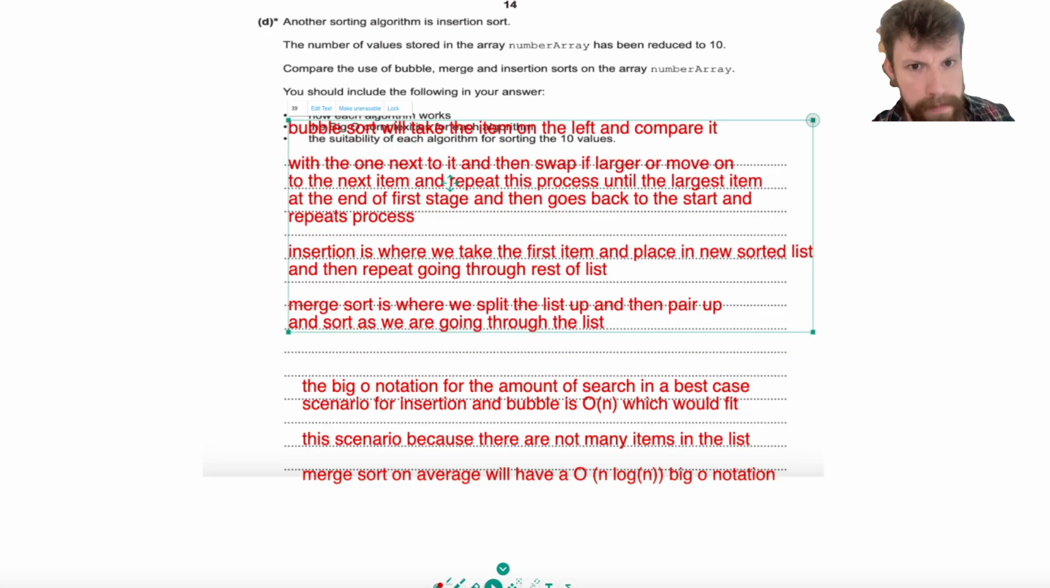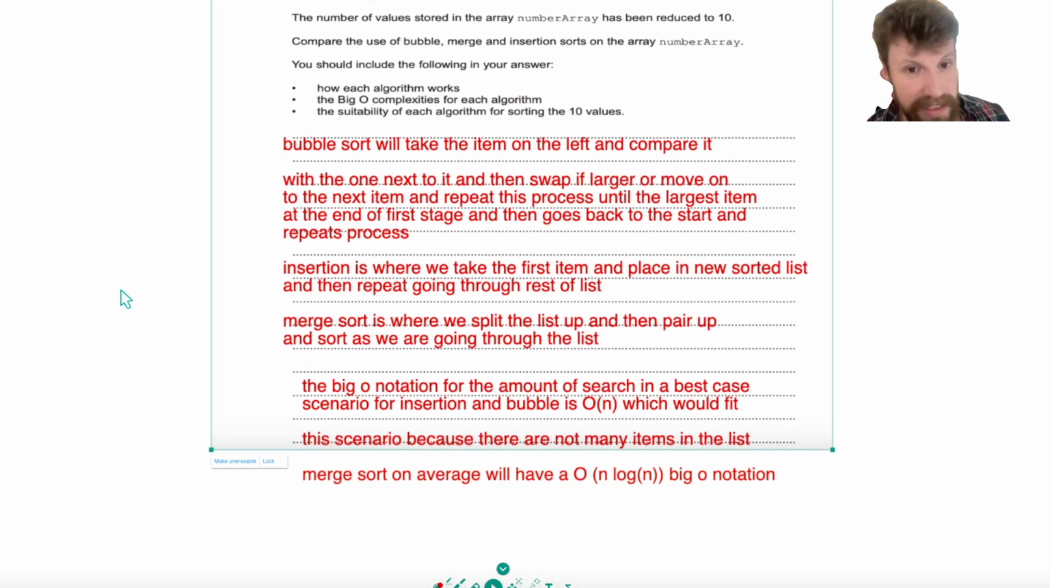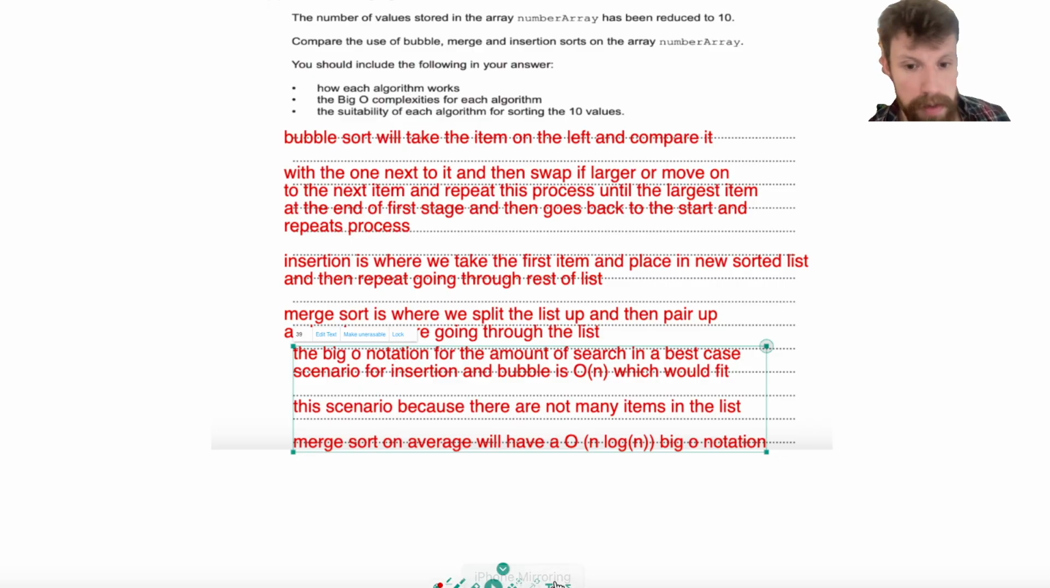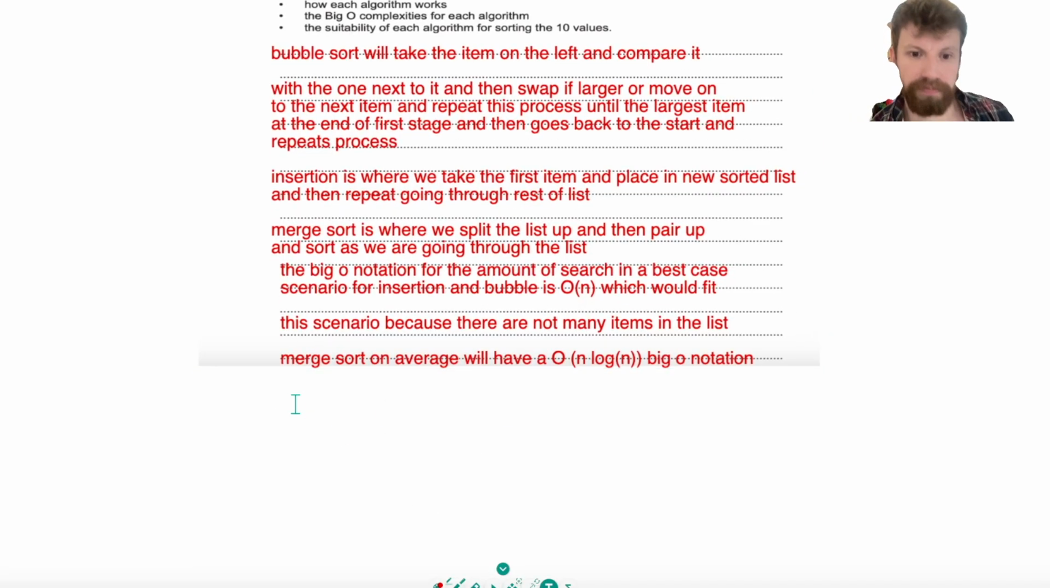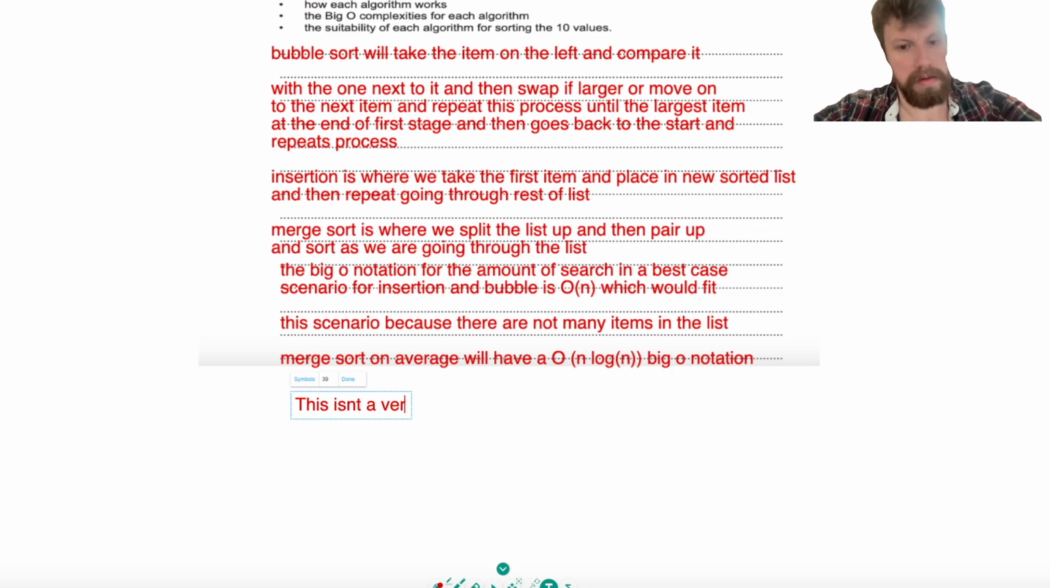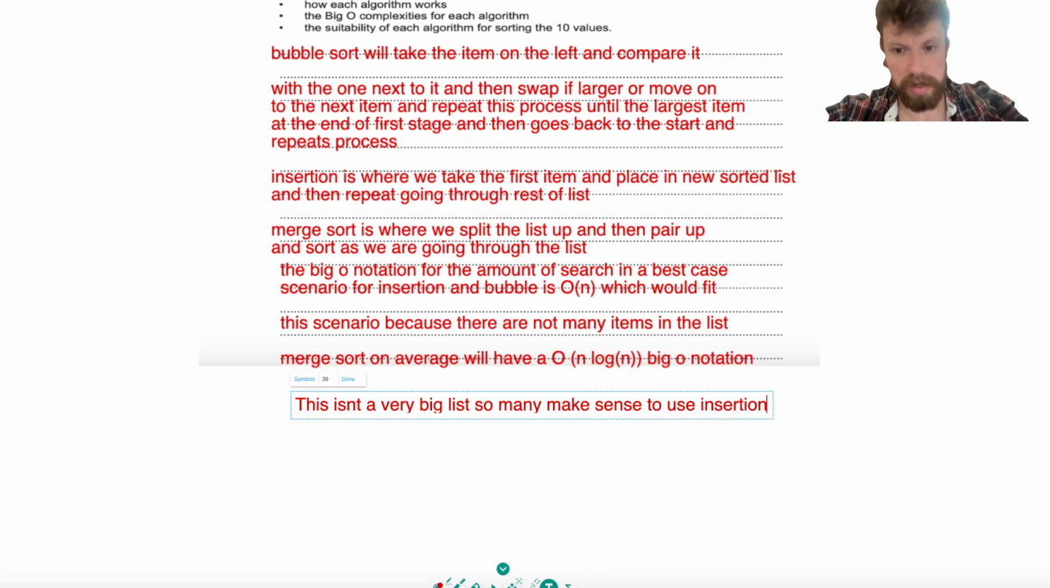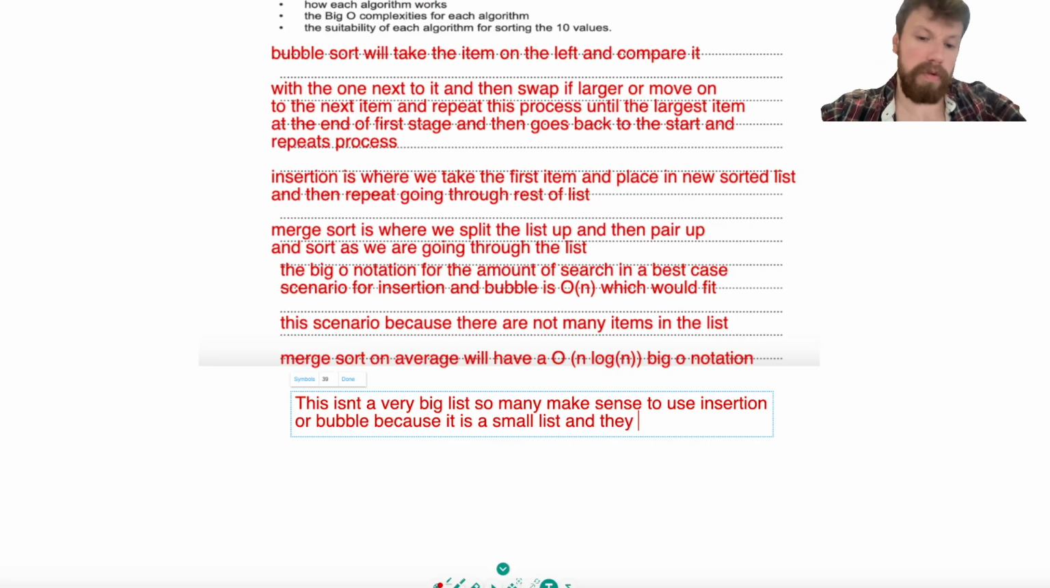Okay, and then once I've applied it, so I get those application marks, I'd then be thinking to myself, okay, let's start making some evaluative points. So I'm just going to move this up, and I'd start talking about those things that I was saying earlier. This isn't a very big list, so it may make sense to use insertion or bubble because it is a small list and they perform poorly